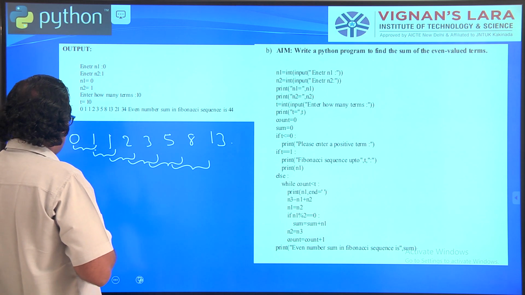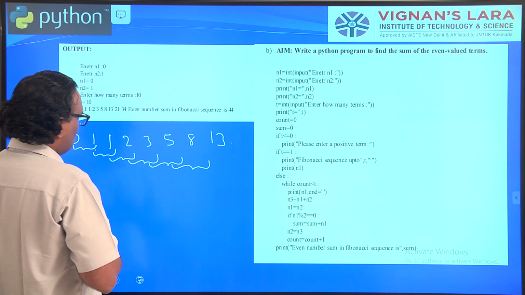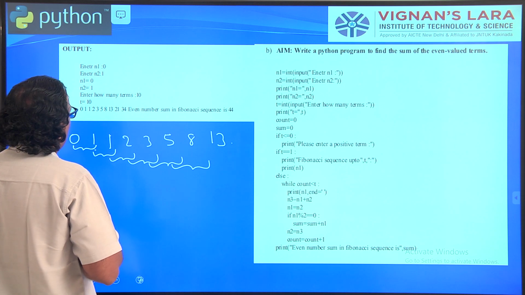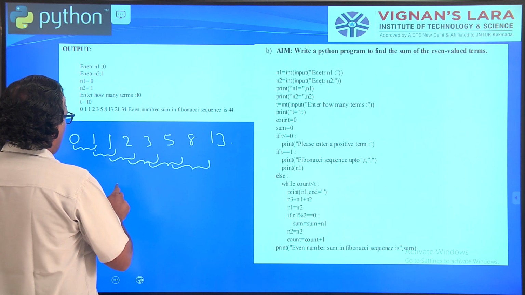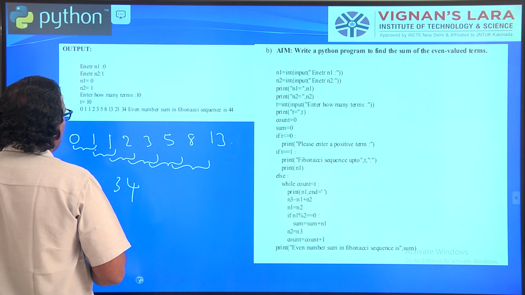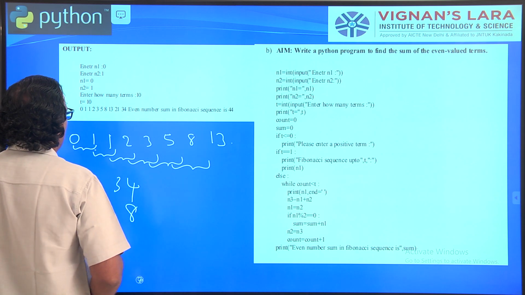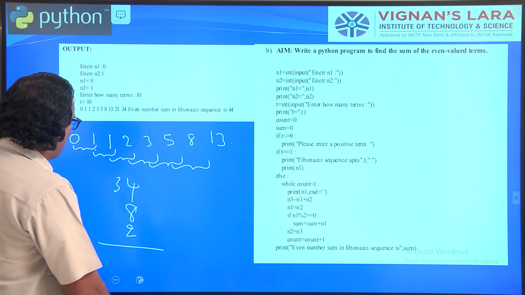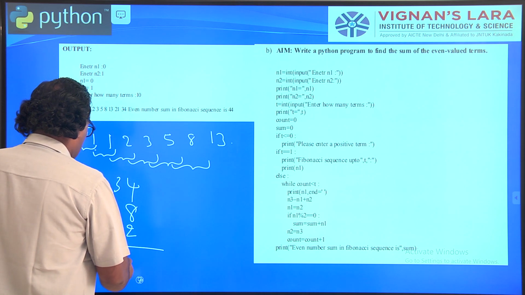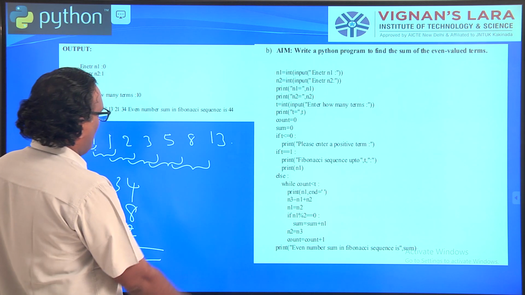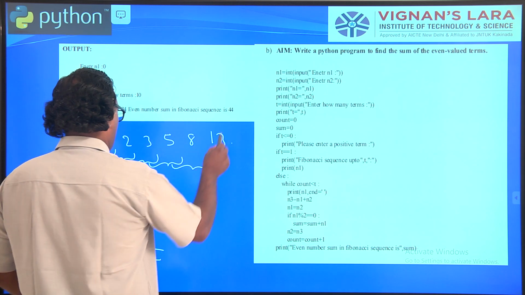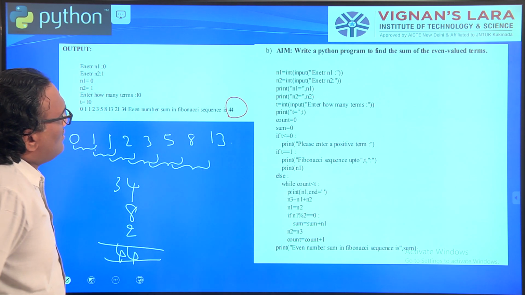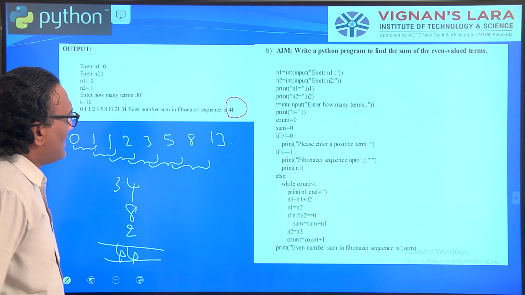What are the even numbers? 34 is one even number in this, and 8 is also another even number. 2 is also another even number. What is the total? 44. This is our expected output. Clear? Now let us try to trace this code. What happens now?